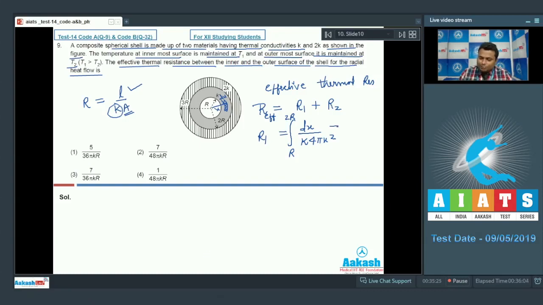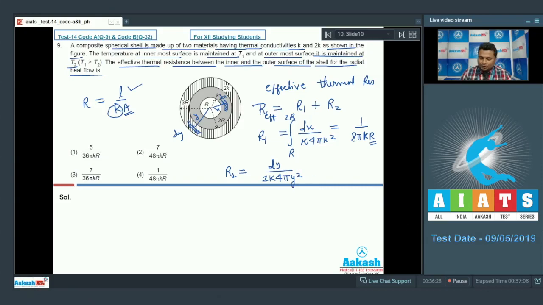After integrating and solving and putting the proper limits, we get 1 by 8 pi kr, where r is radius, k is thermal conductivity. Similarly, we can calculate R2 also. In order to calculate R2, we have to take a small element of length dy at a distance y from the center. So the small thermal resistance due to this small element dy can be written as length L, that is dy, upon conductivity 2k into area 4 pi